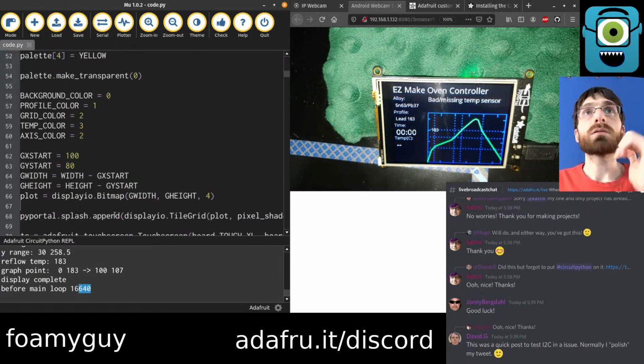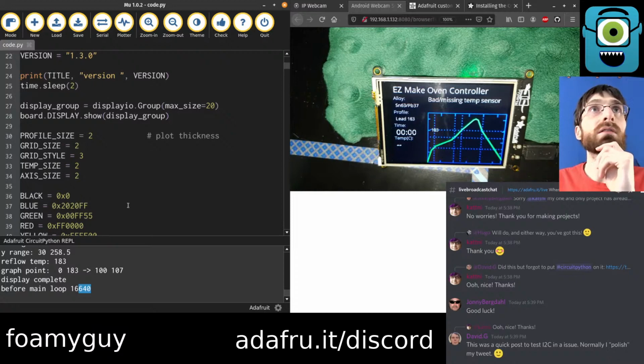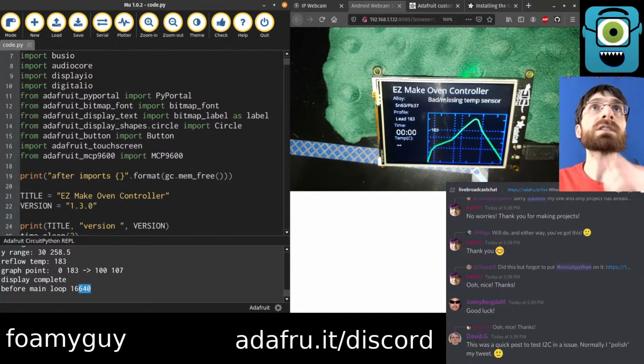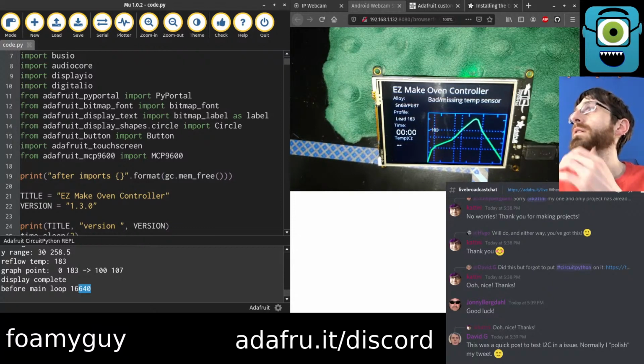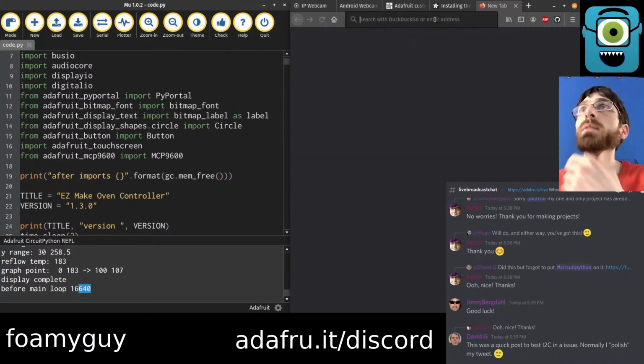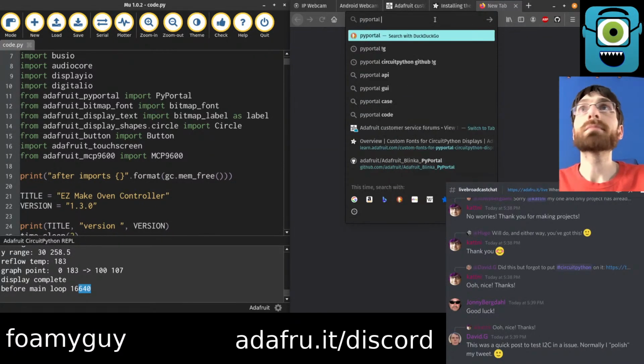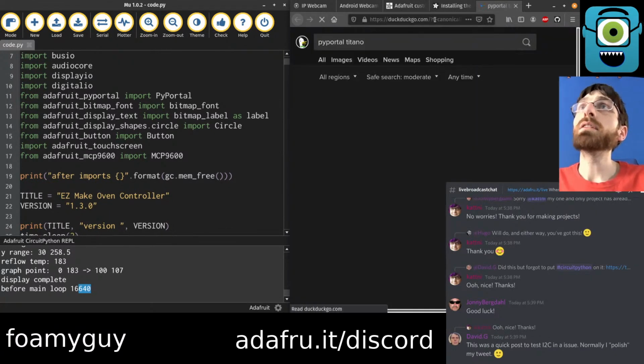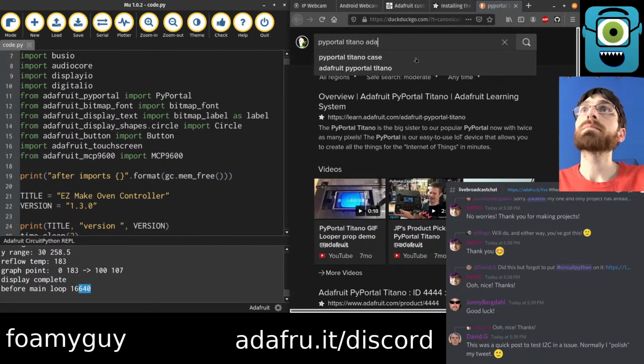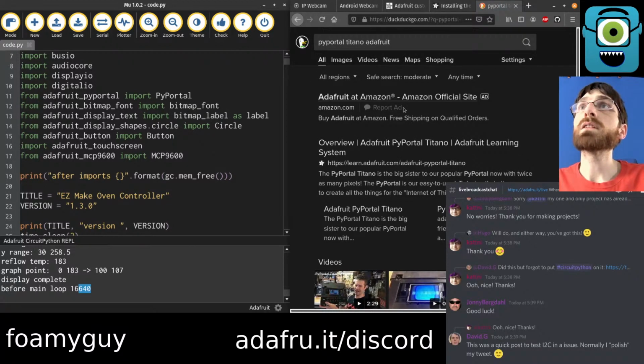So let's see if we can fake the Titano screen size. Let's make sure it's 480 by 320. I'm pretty sure it is, but I mean, if we're gonna be putting it in here, we might as well actually be certain instead of just guessing and then maybe accidentally doing it wrong. So